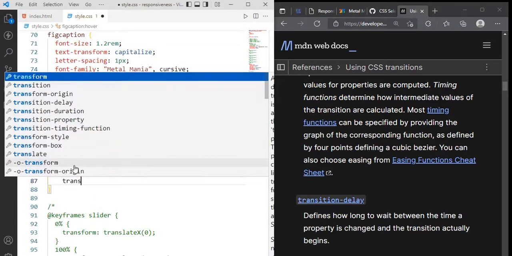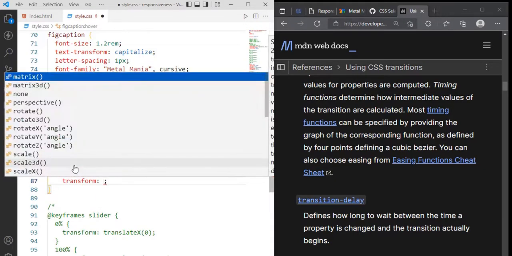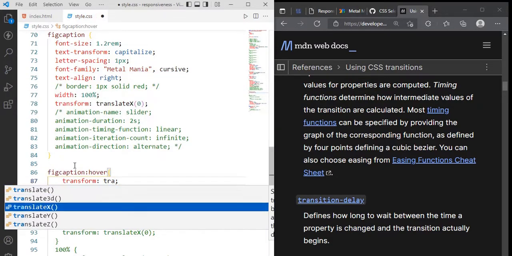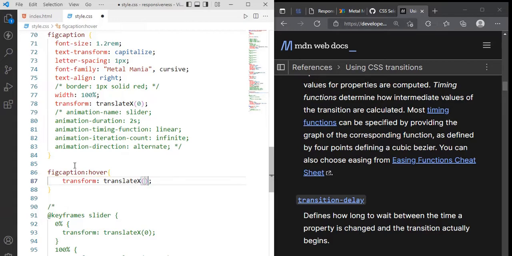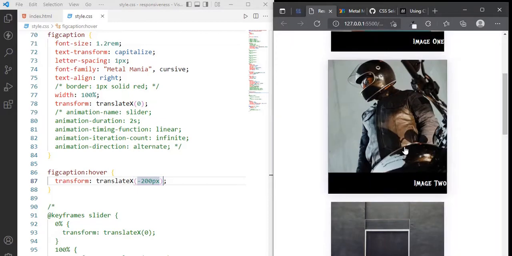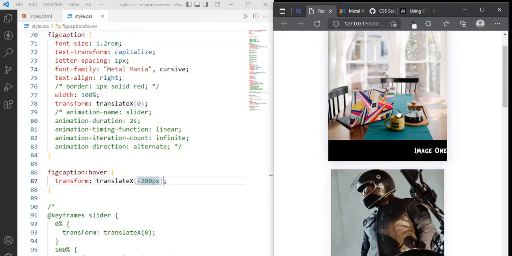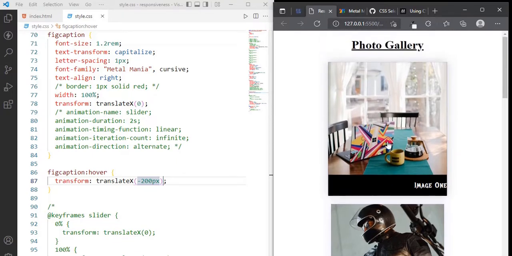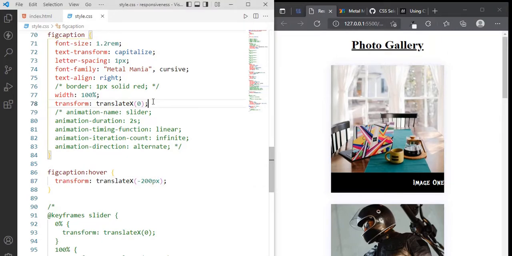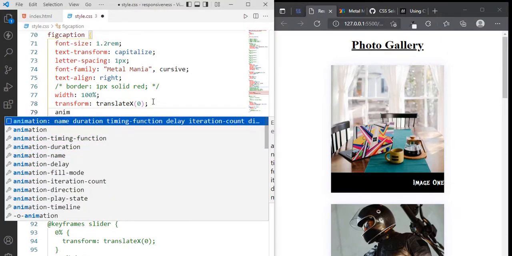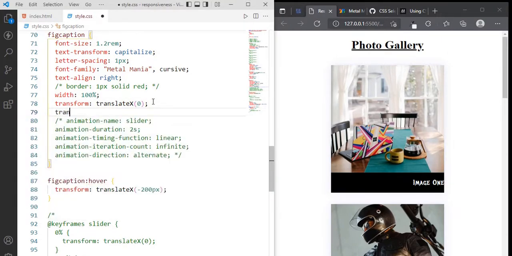We can say transform of translate x of, let's say, minus 200 pixels. Let's save. You notice something? It doesn't really work. As you can see, it doesn't really work. But once we add transition,